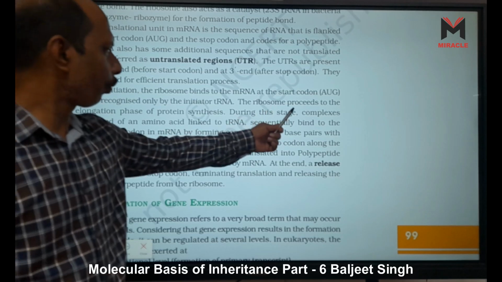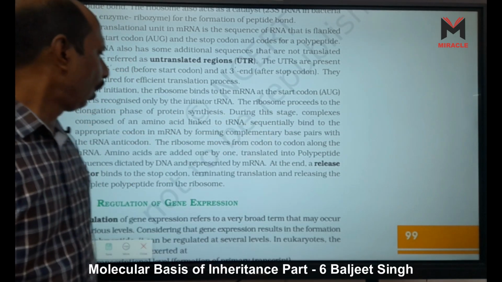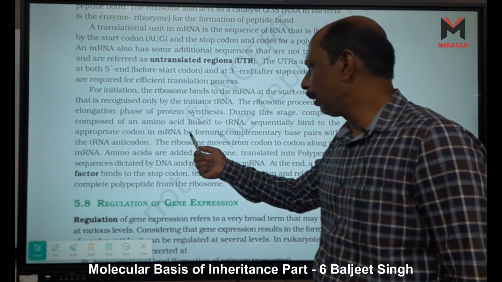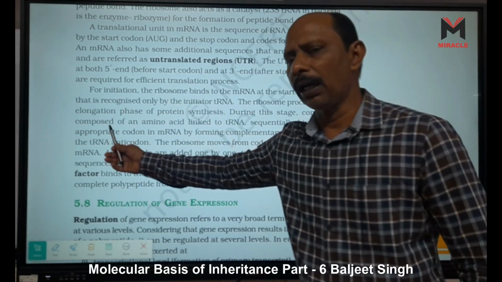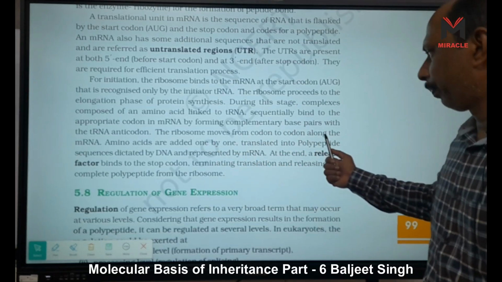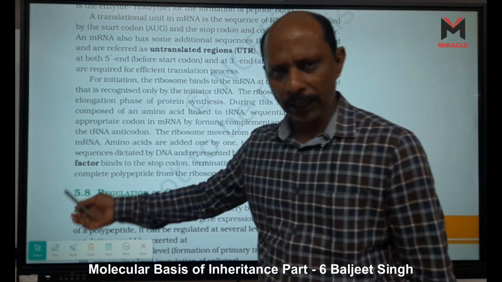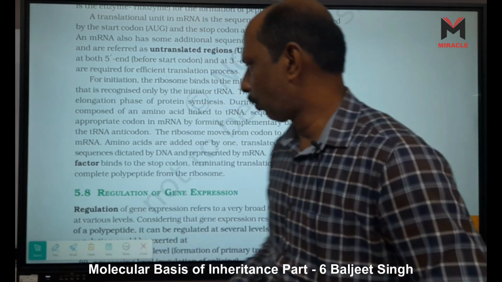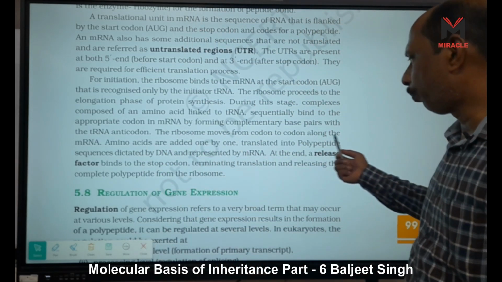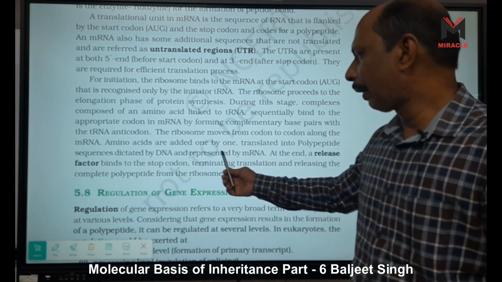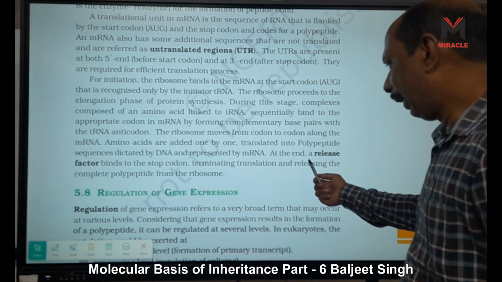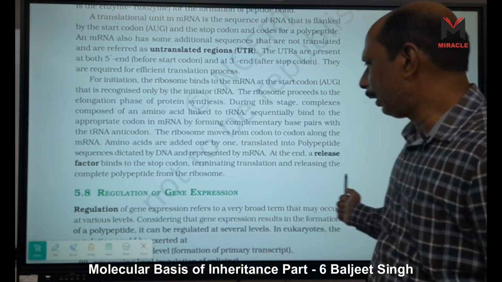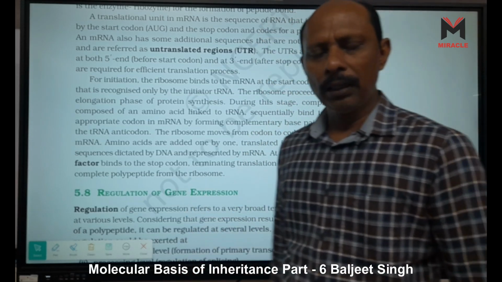UAC, right? The ribosome proceeds to the elongation phase of protein synthesis, and during this stage, complexes composed of amino acids linked to transfer RNA sequentially bind to the appropriate codon in messenger RNA by forming complementary base pairs with the transfer RNA anticodons. The ribosome moves from codon to codon along the messenger RNA. This process, when the ribosome is moving on messenger RNA, is called translocation. Amino acids are added one by one, translated into polypeptide sequences dictated by DNA and represented by the messenger RNA. At the end, a release factor binds to the stop codon, terminating the translation and releasing the complete polypeptide from the ribosome. That is the total process of